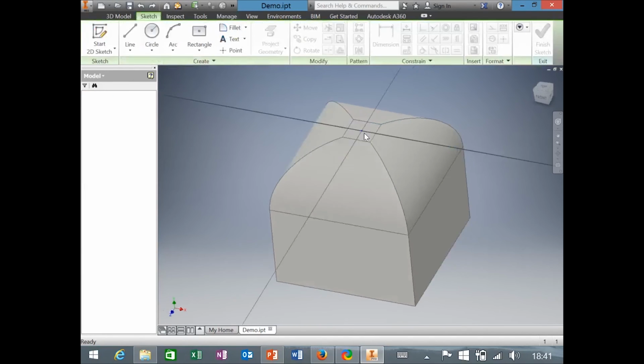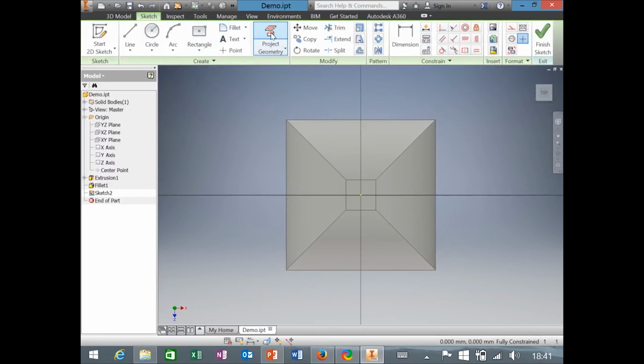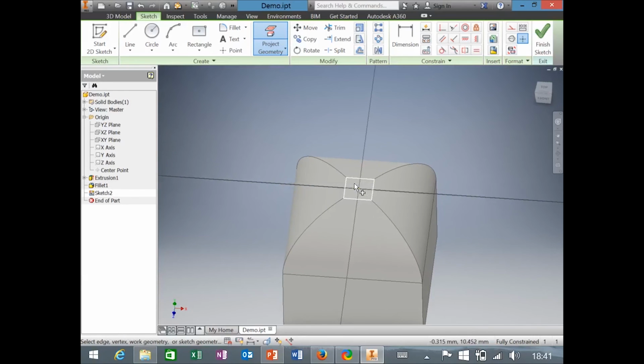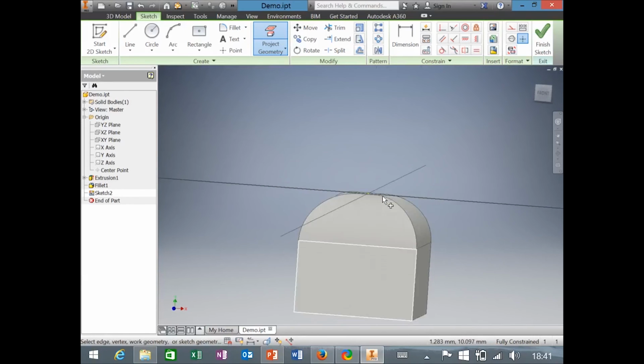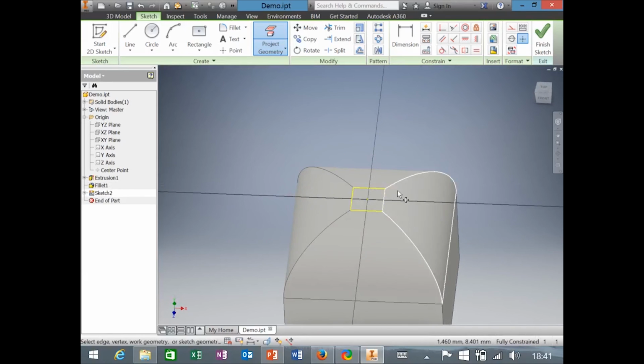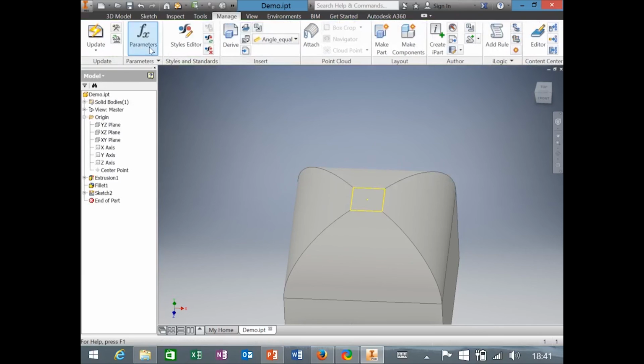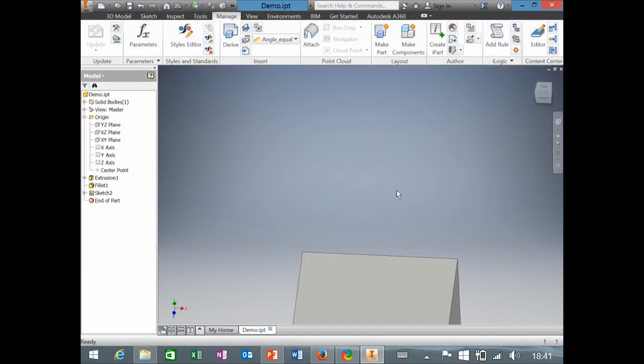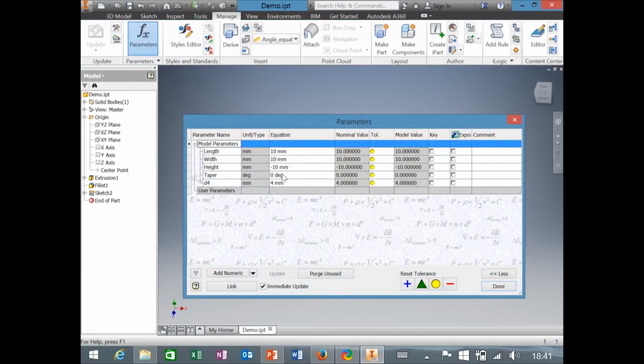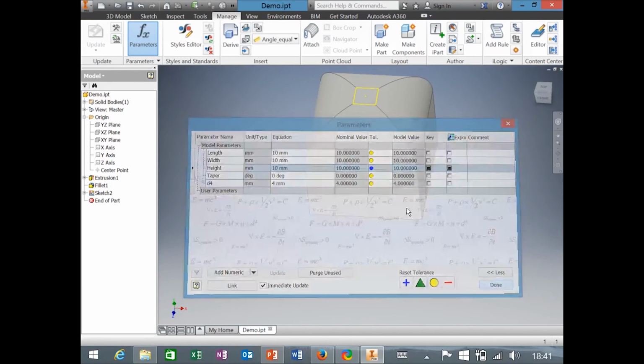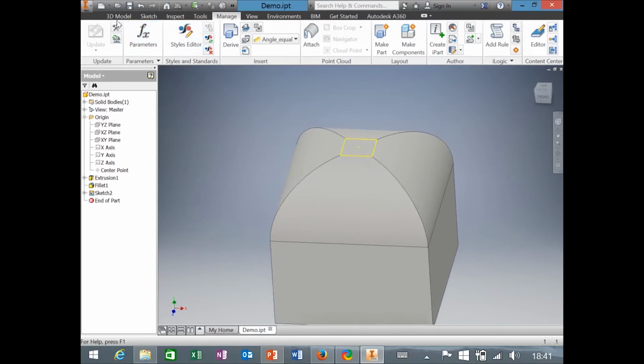Sure, yeah, exactly. So if I make the sketch here, you can use project geometry, which is this tool right here, to select things from your model and put them into the sketch plane. So the sketch plane is on the top of this face here, and I could project this square into that plane, and now I have it to work with. So if I finish this model now and say, oops, change that back to 10. OK. So if I now extrude that face,